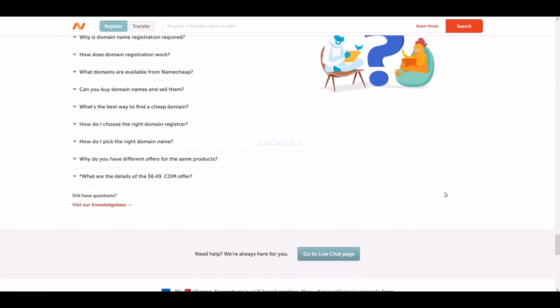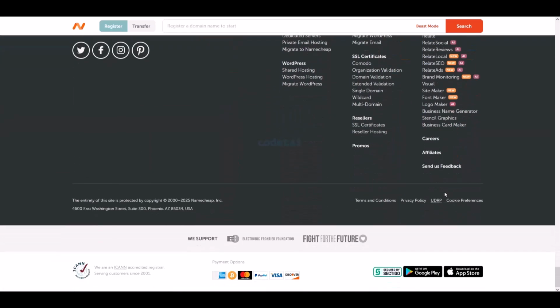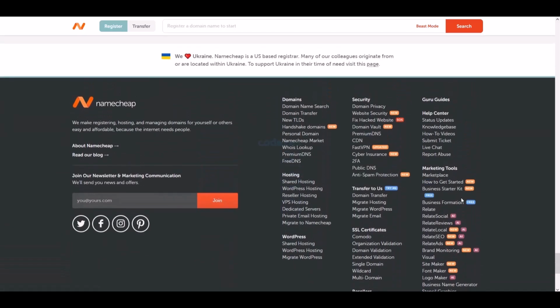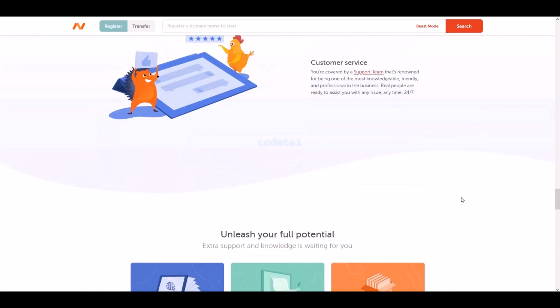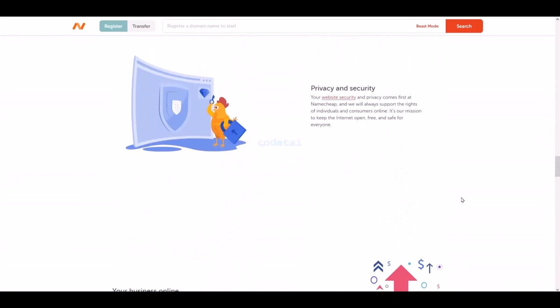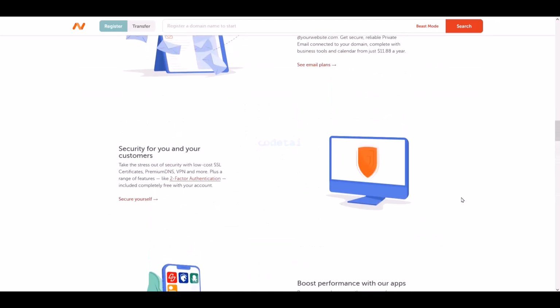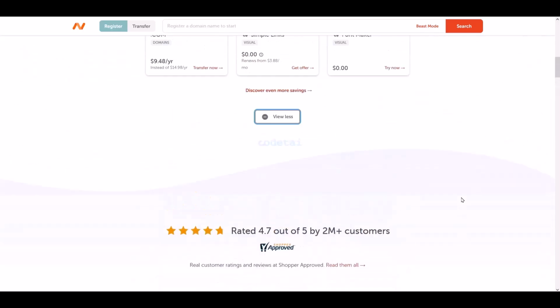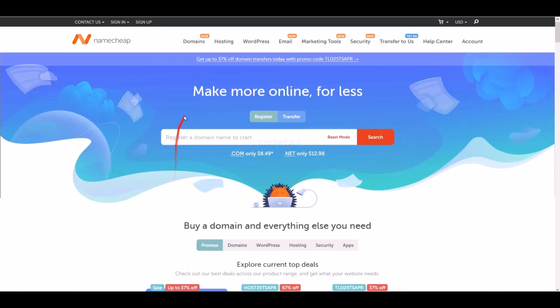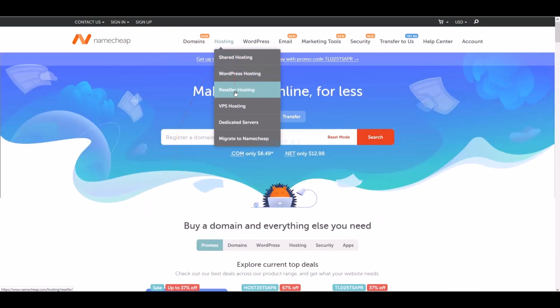If you buy domain hosting from Namecheap, you'll enjoy several benefits, including excellent customer support and reliable uptime. I have personally been using Namecheap for my own website for over 9 years, and I can confidently say their service is of outstanding quality. You can find all types of hosting servers on this Namecheap website.